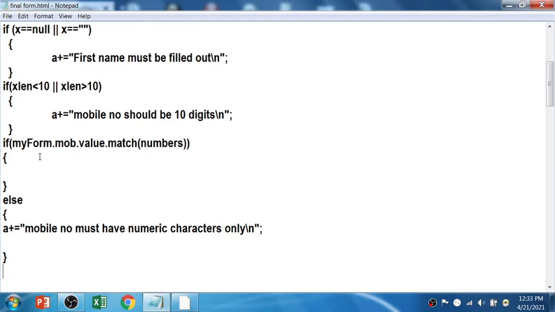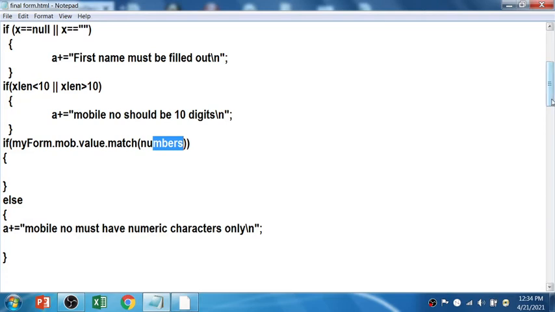Then, to match the numbers, the mobile number must have numeric characters only. In the if condition, myform.mobilenumber.value match is the function which matches with the number variable.